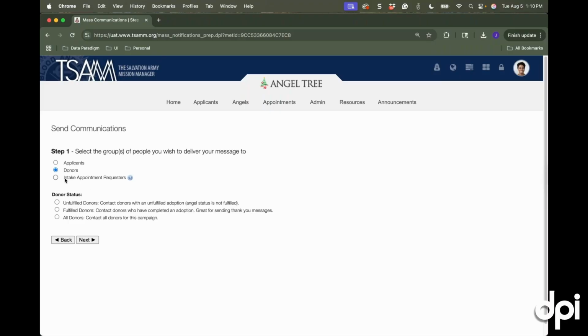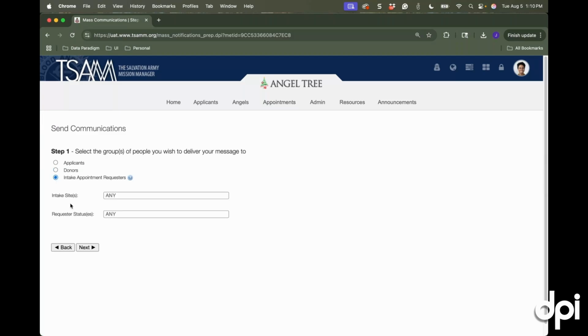Well, new for this year is being able to send communication to people who have intake appointments, people who have requested those. So in this case, I'm going to select the intake appointment requester. I'll select which intake site I want to interact with, because remember, all of your intake requests are tied to an intake site. This is going to be helpful for those locations that have multiple units within their campaign, and you only want to speak to the Louisville and not the Irving location, for instance. In this case, we're going to leave the intake site to any, but then we have 3 categories of those